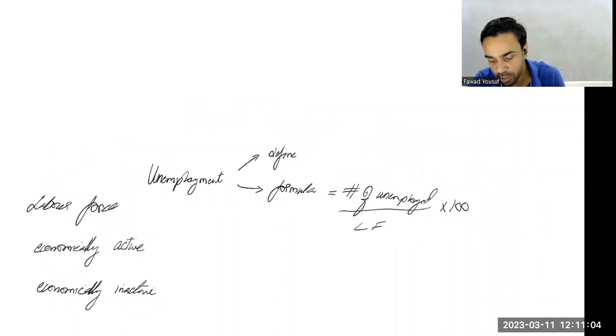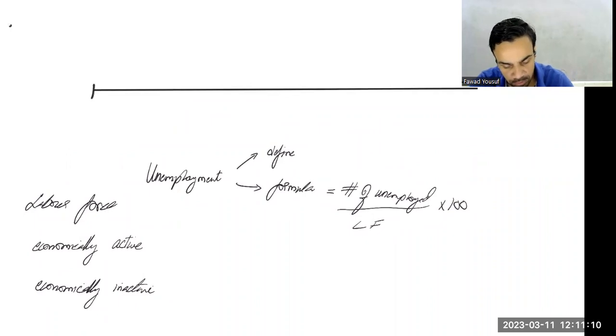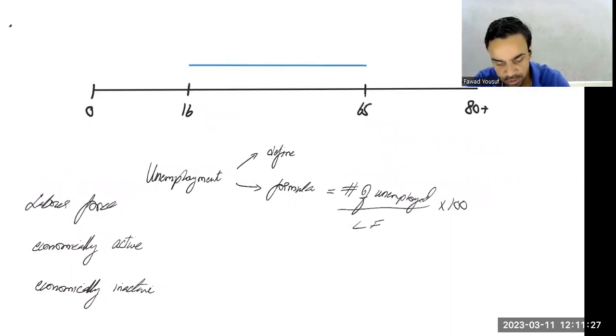So conceptually, you should have an idea. This is how I did it with you guys earlier. Okay, if you have a population with like an age of 0 to 80 plus, and we said depending on whatever the country's legal working age is, up until what the retirement age is, so we said all the way from here to here, from 60 to 65, that is your working age population. But is everybody from this age group working? So we said not really. There is an economically active population, and then there is economically inactive population.